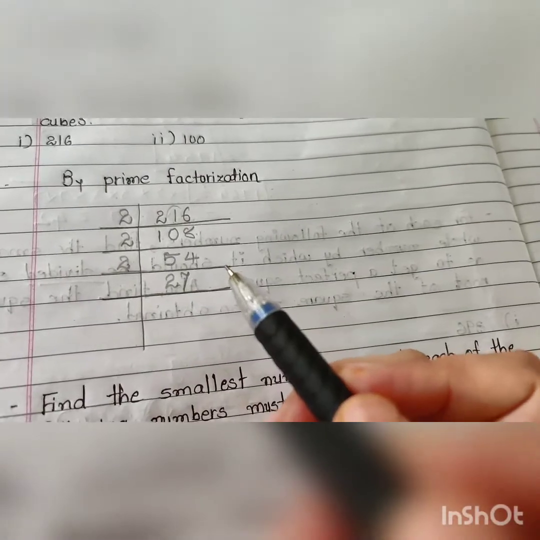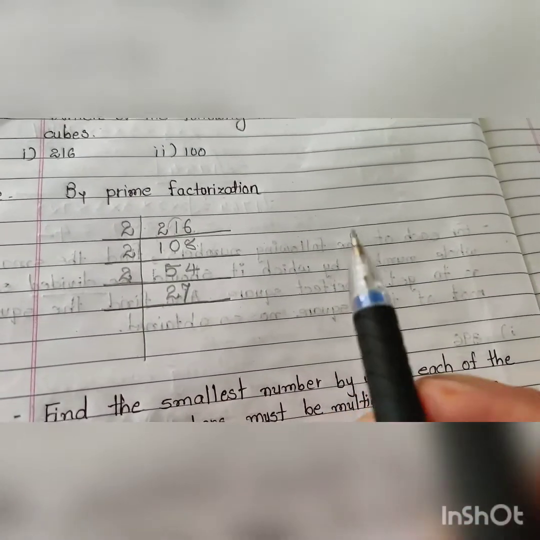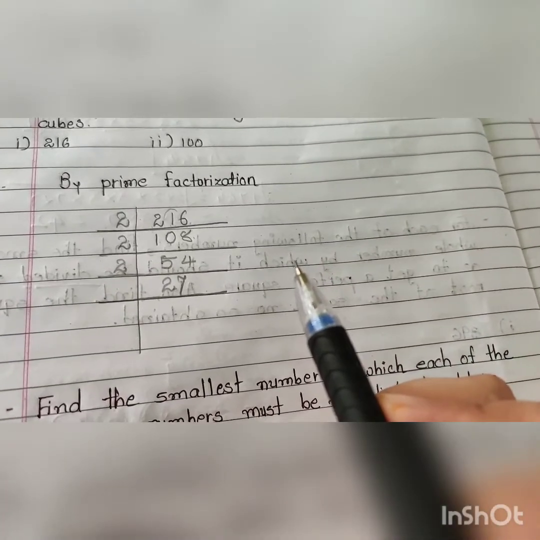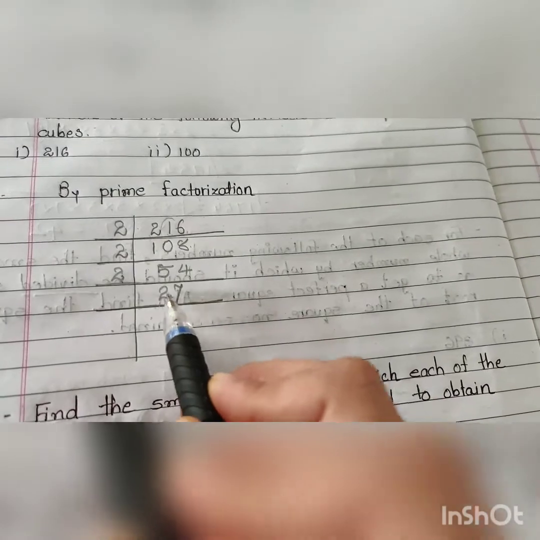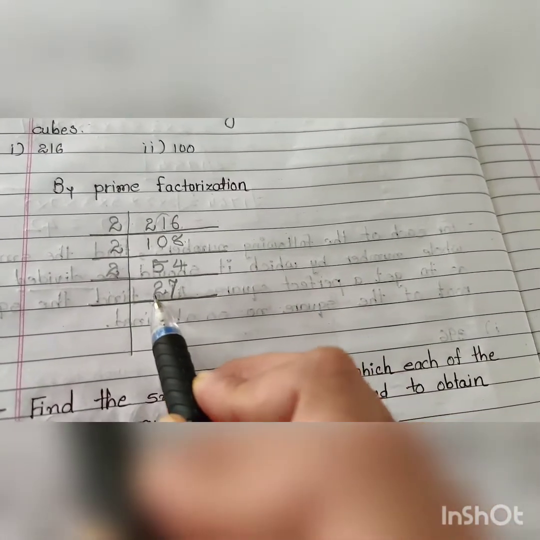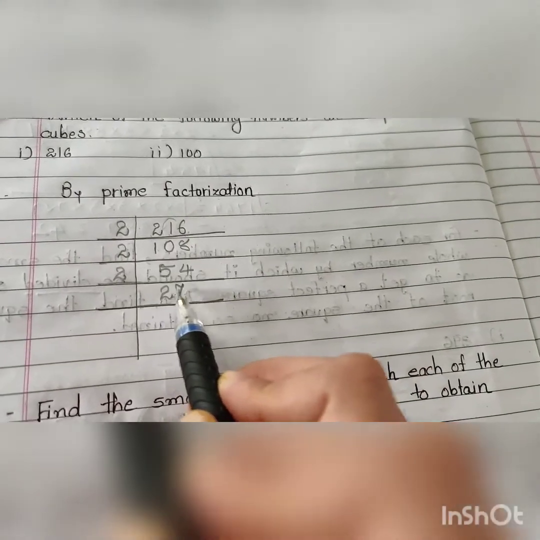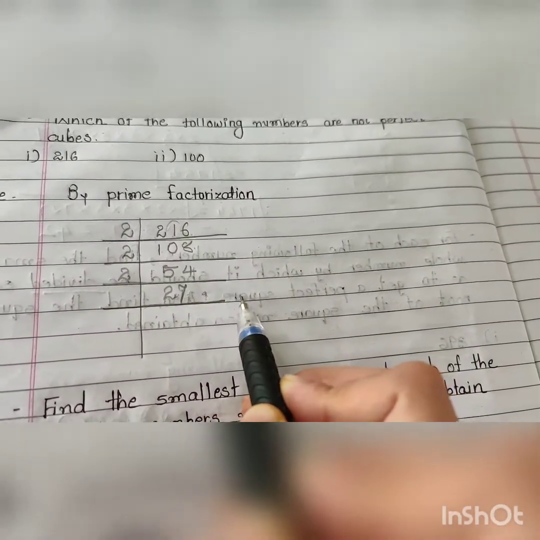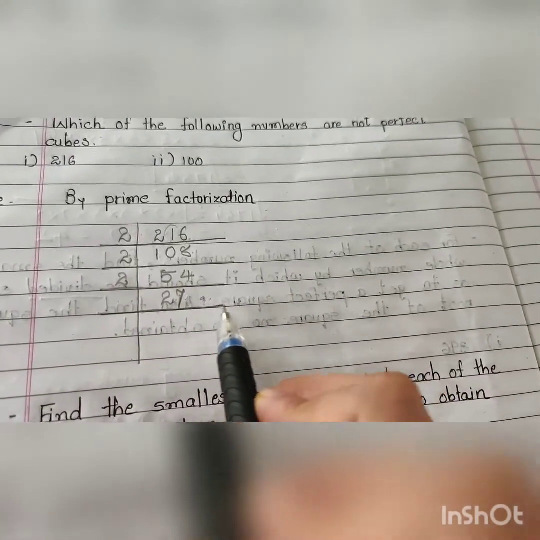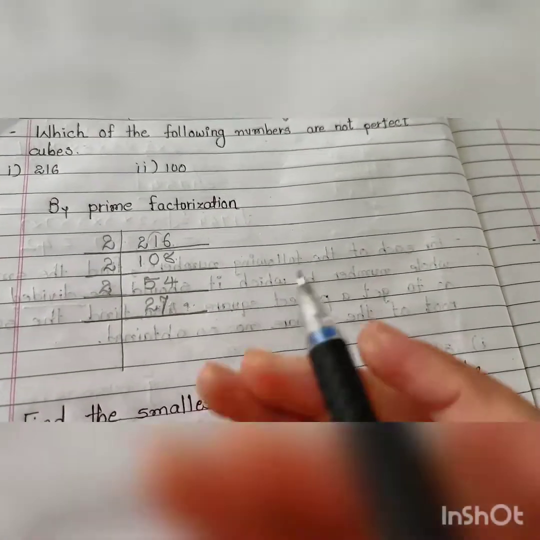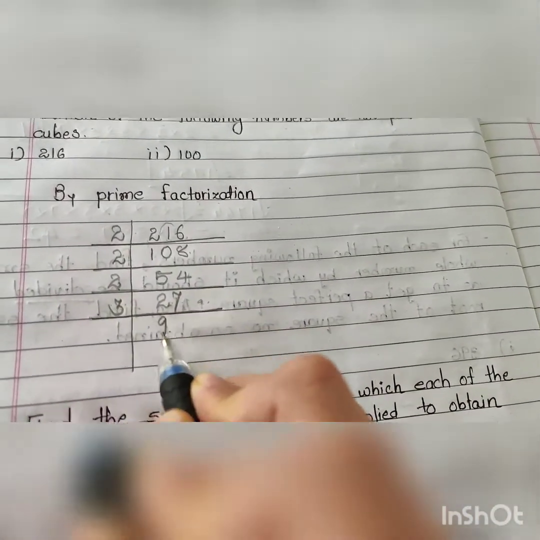So now we have to check for another prime number, that is 3. And what does the divisibility rule of 3 say? The divisibility rule says that the sum of all the digits of the given number should be divisible by 3. So 2 plus 7 is 9, and 9 is there in the table of 3, means 27 is divisible by 3. And you all know very well 3 9s are 27, right?